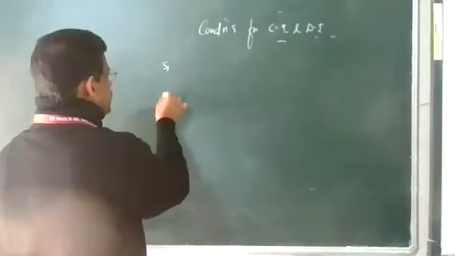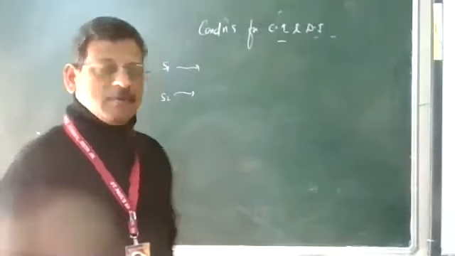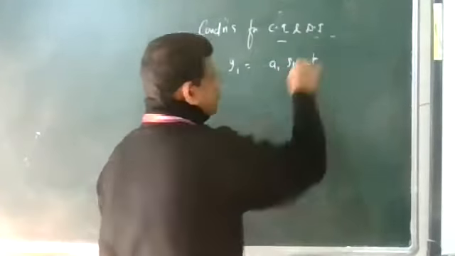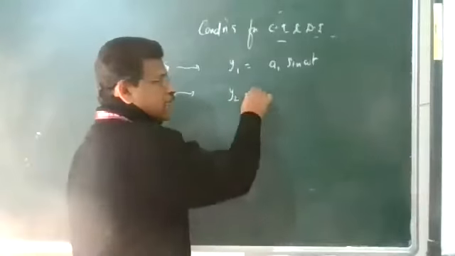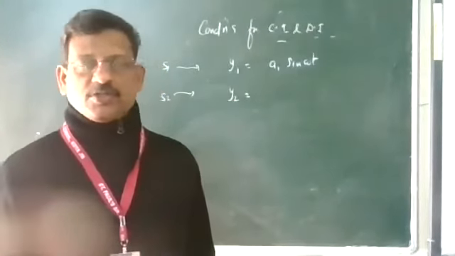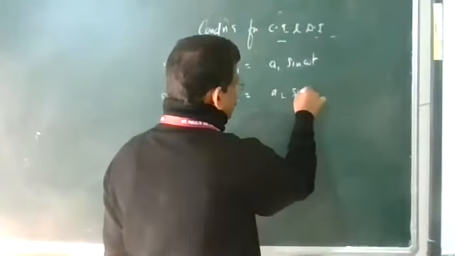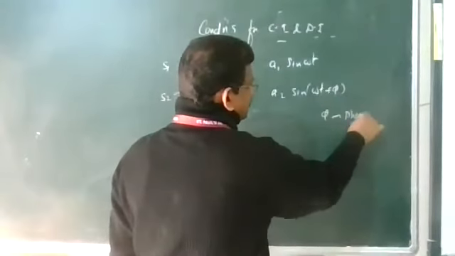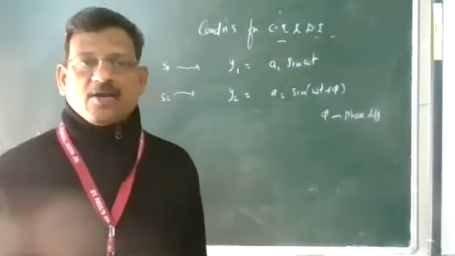We have two sources S1 and S2. The displacement equation for source 1: you can write the displacement as y1 equals a1 sine omega t. First wave equation. Second wave: light is an electromagnetic wave, and the E vector is responsible for its optical effects. So these are the vibrations, the displacement of the electric field, we are writing: y2 equals a2 sine omega t plus phi. Here phi stands for the phase difference. It can be 0 or it can maintain a constant phase difference.